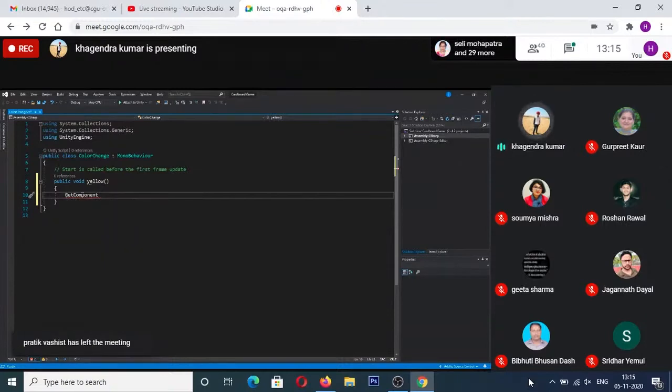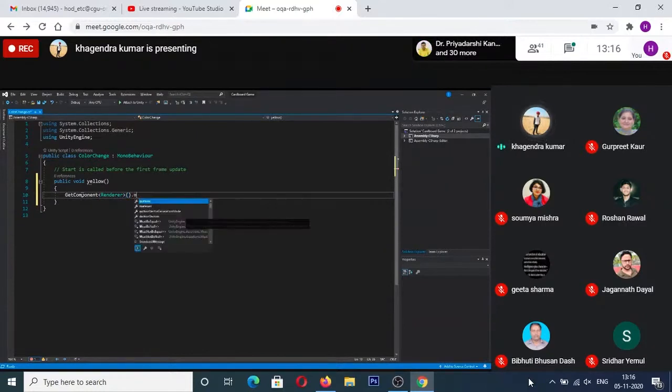And now in the square brackets, I can write the type, that is, I want to access the Renderer component. This is the function that needs to be invoked to properly get the Renderer component. Once I get that, I can write material to get the material out of it. Now I don't want to change all the properties of the material at once. I just want to change the color property of it.